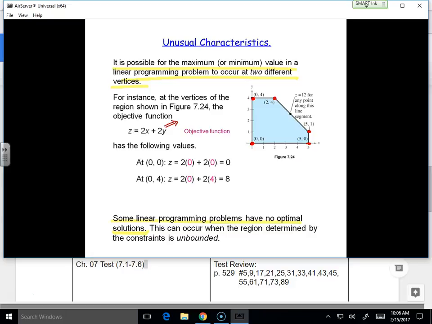So, if we were to solve for y, we would subtract 2x and divide everybody by 2. We would get negative x plus z over 2, right? Oops, that z looks like a 2. Anyway, we have our shading. If we were to think about the whole graphing that we did a second ago, what lines would have a slope of negative 1? Well, wouldn't it go through 1, 1? Go down 1 over 1, and then down 2 over 2, and then down 3 over 3. So our lines would look like